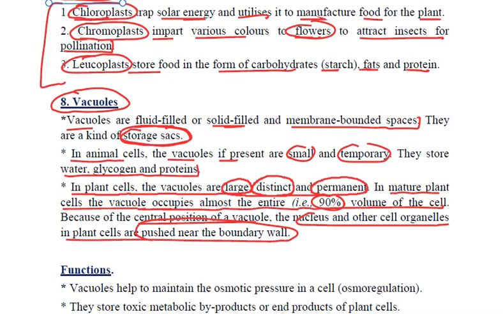So when we were just taking up the diagrams of animal cell and plant cell, if you remember, I told you in my previous class that the nucleus in animal cells is centrally located. But that centrally located word is not to be used in case of plant cells. Why? Because in plant cells, the nucleus is not centrally located. The nucleus is towards the periphery, towards the boundary wall. Why? Because in plant cells, most of the cell area is actually covered up with the vacuoles. Clear?